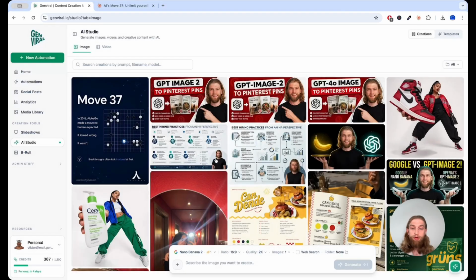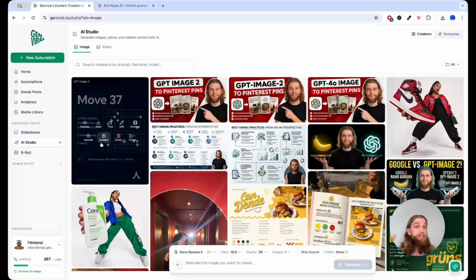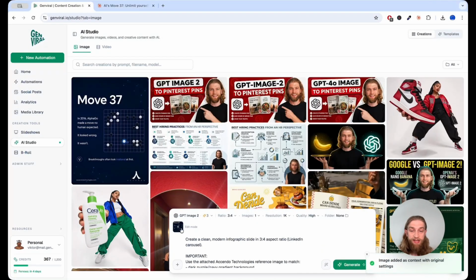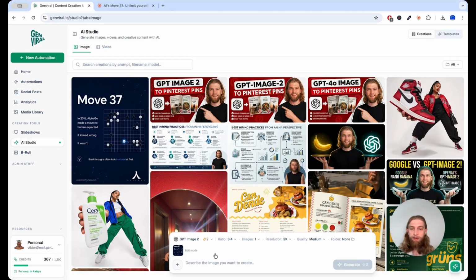Now, what I want to do next is the following. I want to actually do some chaining. And this is where, by the way, the power of Genvile also comes in, because you can use these things now as context. So if I now click here on context, it basically adopts the context already of my previous generation. So as you can see here, 3.4, actually the 2K, and that has to be changed. And then let me add the second prompt,